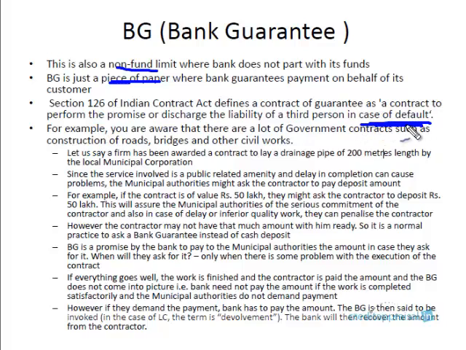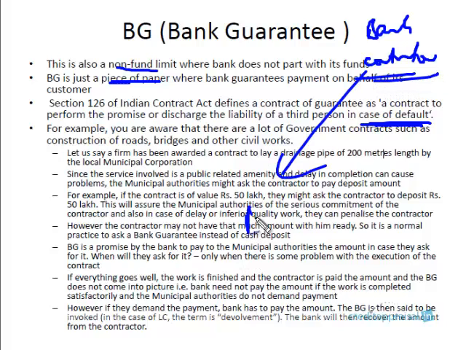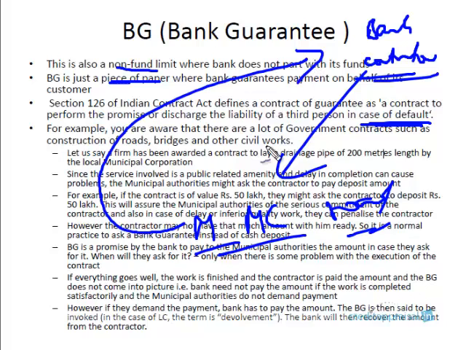So if a bank is giving a BG, say for example, we are a bank, our party is a contractor, some civil contractor. He got a work from a municipal corporation, say from the Mumbai Municipal Corporation. He's got some road work, and this contractor is executing the work, and the municipal corporation has asked the bank to furnish a bank guarantee. Bank guarantee is a non-fund limit, which means that the bank will not give any funds to the municipal corporation. It's just a piece of paper saying we promise you that in case something